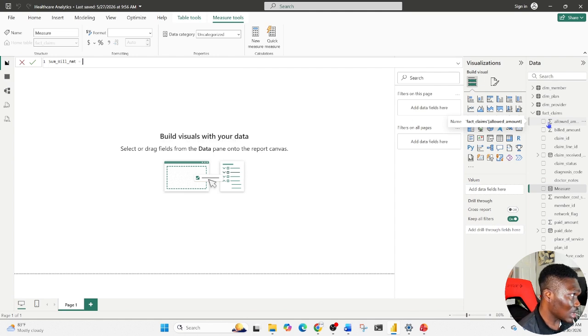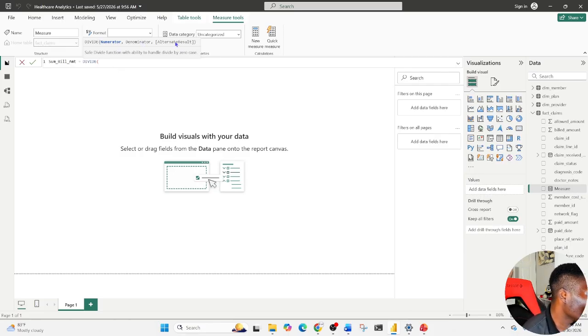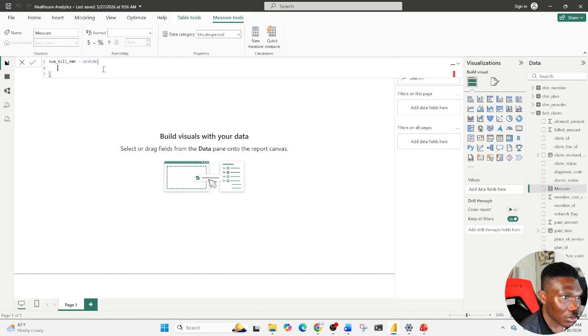Or you can also say, let's say divide. What are we dividing what by? So we are dividing, so it tells you what's the numerator, denominator, and this is an optional alternative. Maybe you put 0 if it is not. So we want to divide, let's say the build amount. So I'm just going to close it first of all, press enter. So what will be my numerator? So I want to say build amount is going to be, so I'm using fact claim. Remember,